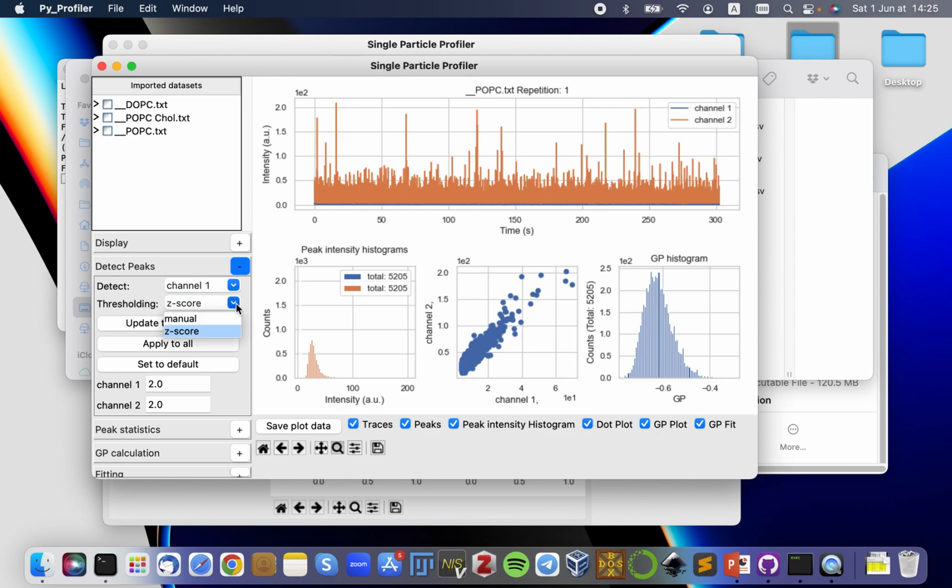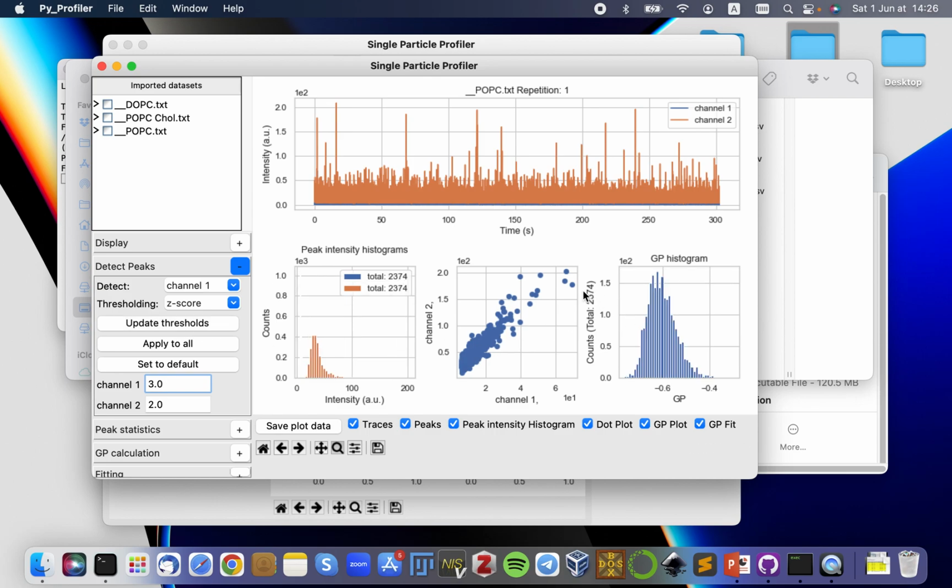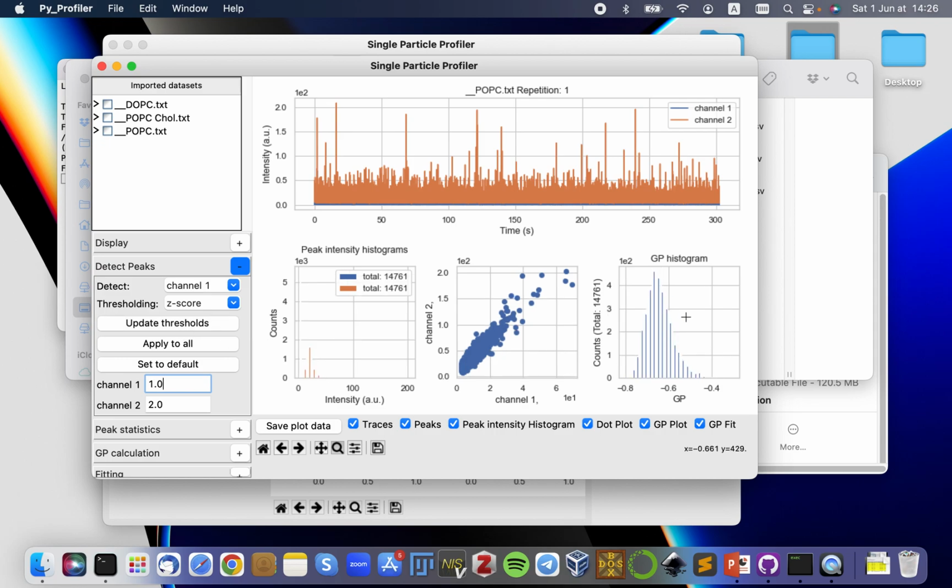And then you have thresholding via manual or via z-score. Z-score means that you have to set which z-score of this trace will be taken as the threshold. Here you can select if it is channel 1. Let's select it again, maybe to 3, so we update the threshold. And you see that the number of detected peaks decreased because we set the threshold a bit higher. If we set it lower, what will happen? It should increase substantially. Yes, here is a lot of points, but I will go back to 2. It's a comfortable